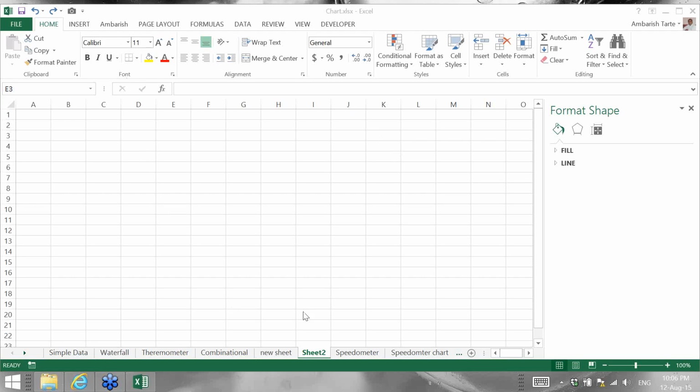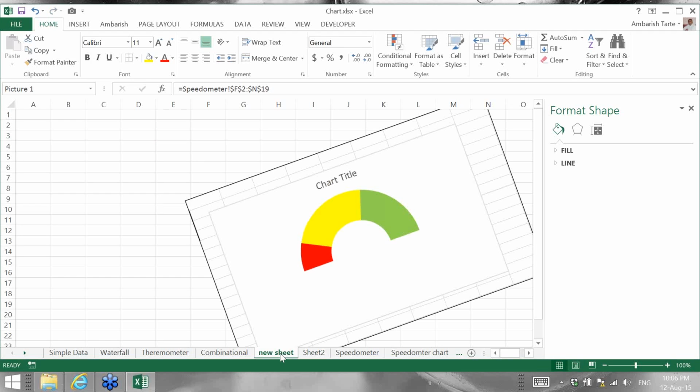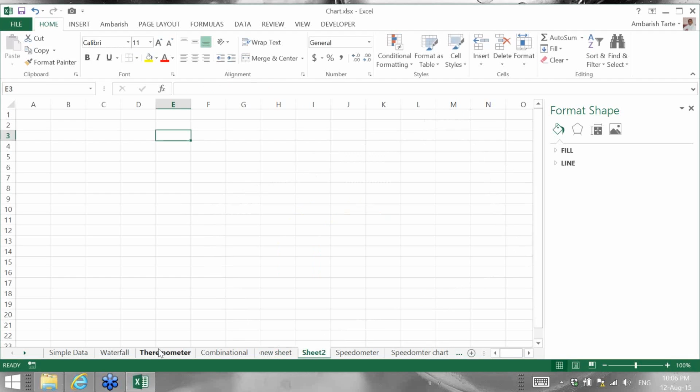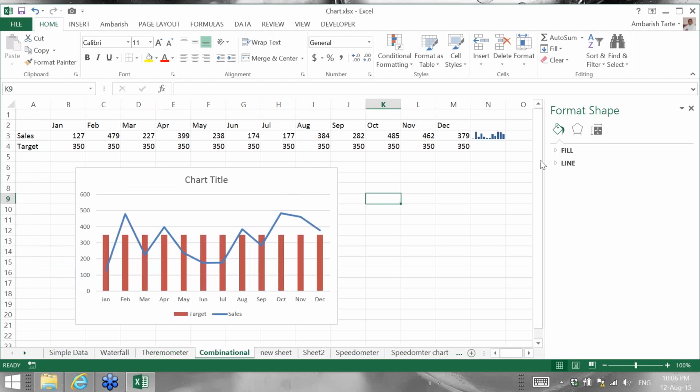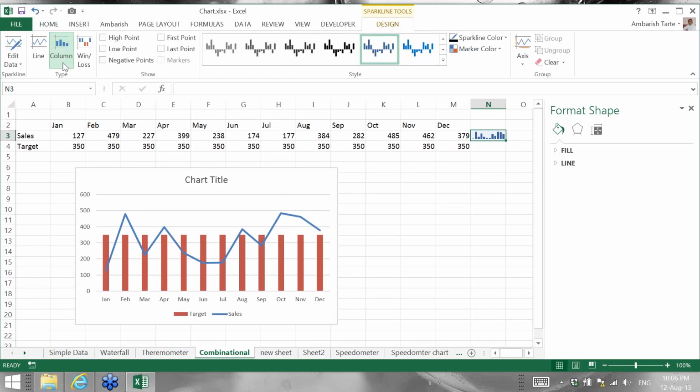Okay, just before I move on, since you guys seem to be a little interested in that other thing, I can just, okay. I think in the combination. So the N column where I have my Sparklines right now, this feature is called Sparklines. I can also go back to the design tab here, and if I'm not happy with the column thing,